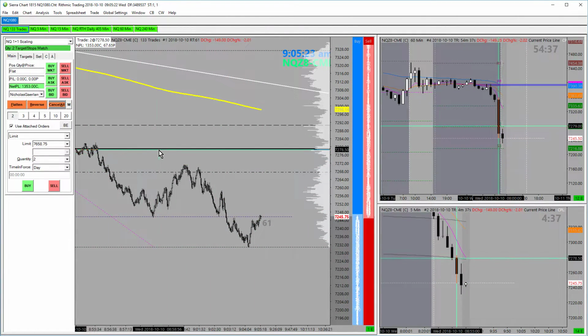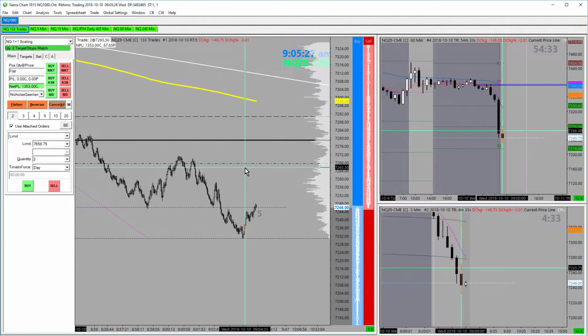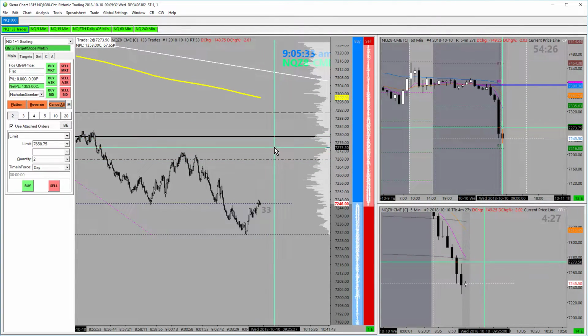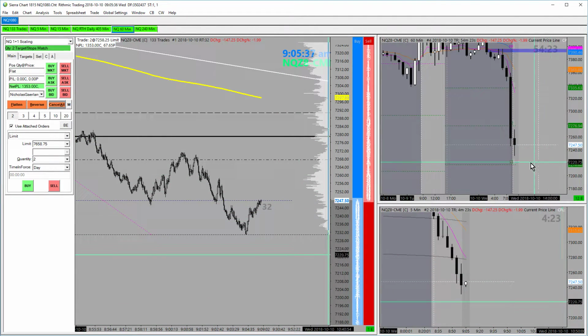This is a fantastic spot for a short, right? But I don't know if we're gonna get that. It might just come up to this level. At least here, there's this EMA up here. We did come down pretty close to